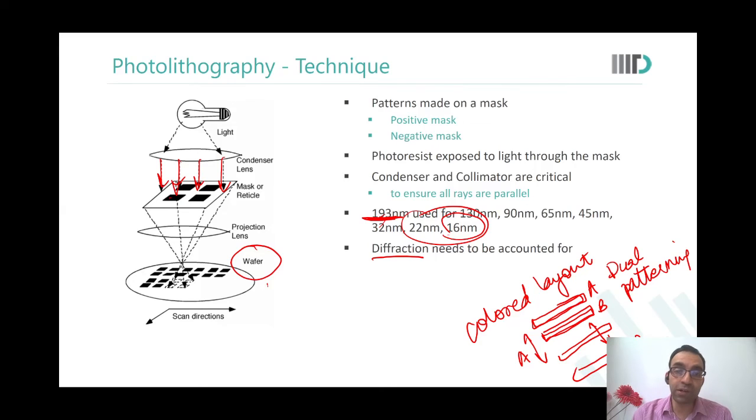But generating this light is also difficult. More importantly, you need a laser, so just this wavelength of light, no other wavelength. Then you need to ensure that this light source can generate light for longer durations of time, so that this light carries some energy with it and is able to expose and work on the photoresist. So you need some energy to also be a part of it. Just that wavelength and two photons is not sufficient. You need a sufficient number of photons to be able to react with the photoresist.